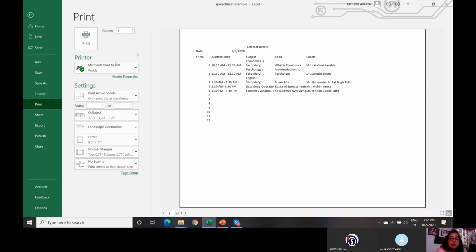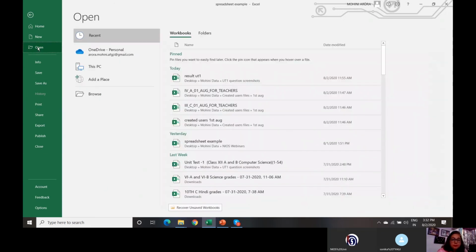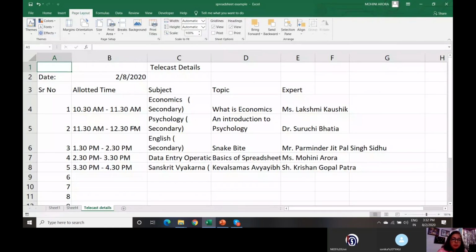Once you have saved a worksheet and closed it using the close option here, and you want to view it again, open MS Excel, click on the Open option, select the file that you want to open, and that file will be opened, right? As of now I don't want to open, so I am working on this very worksheet. So this is how you can work on a particular worksheet.